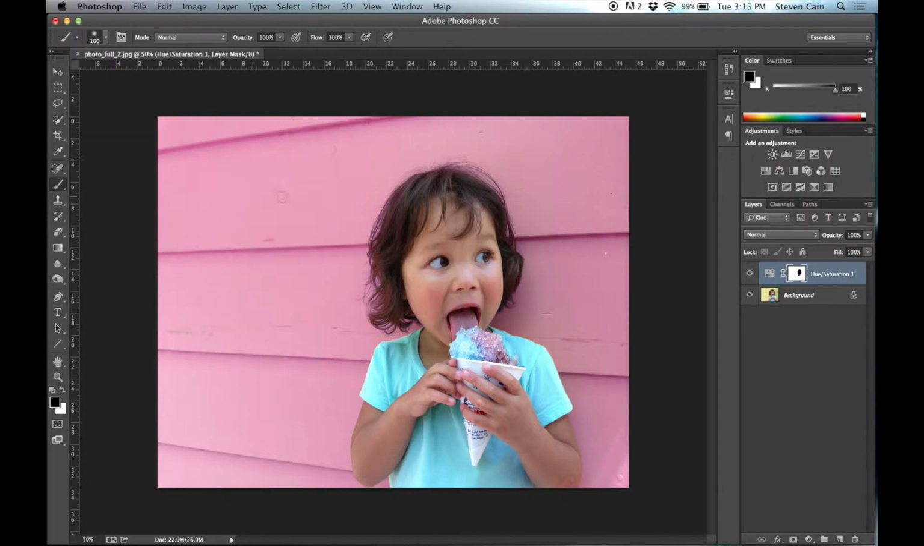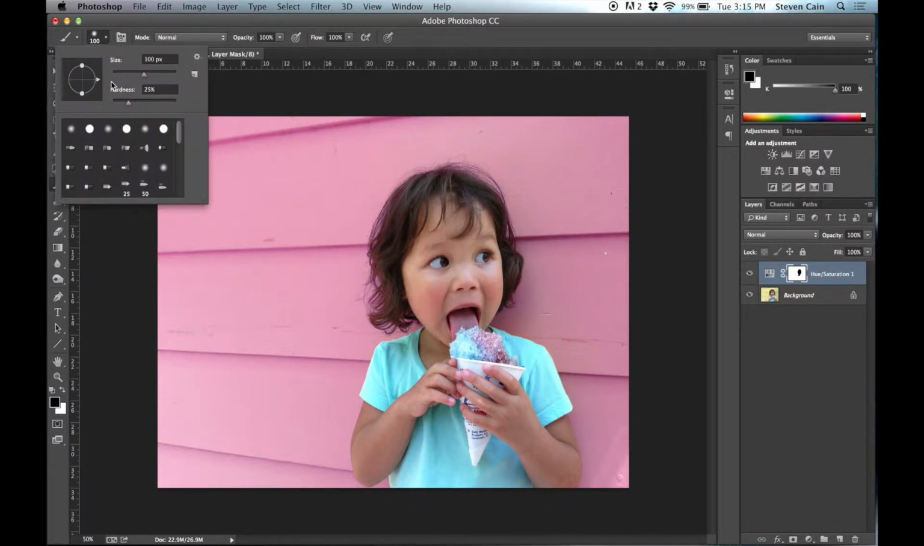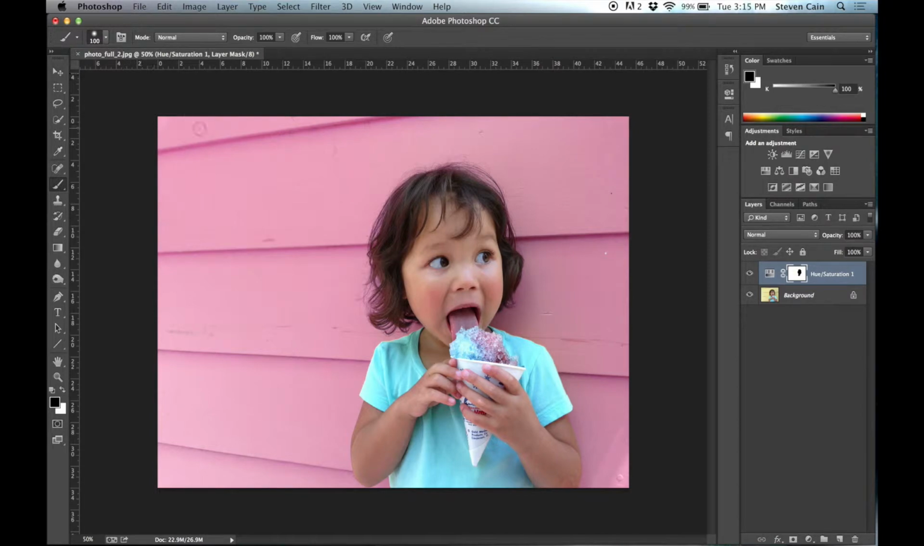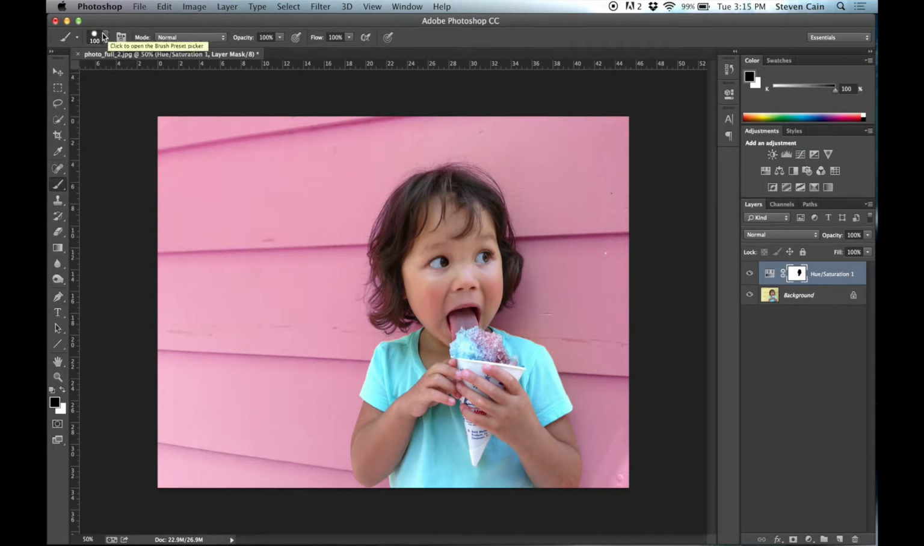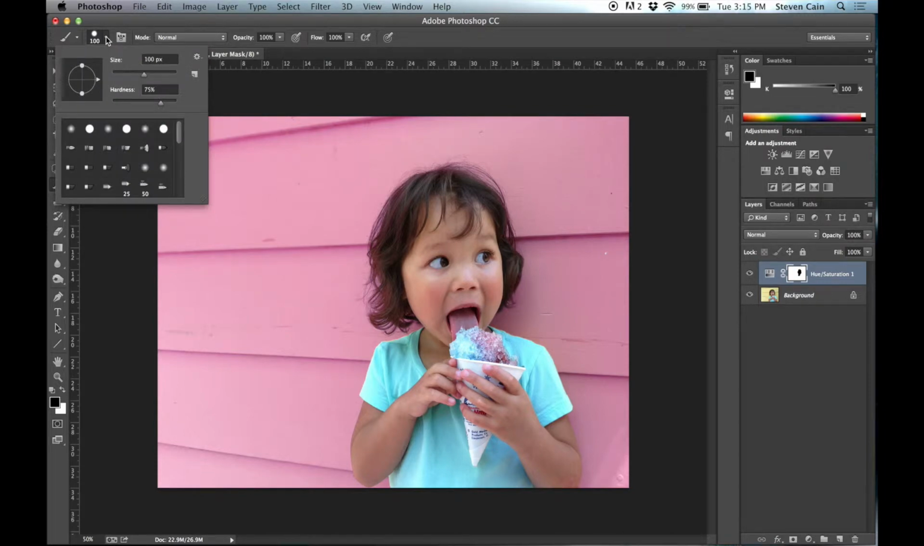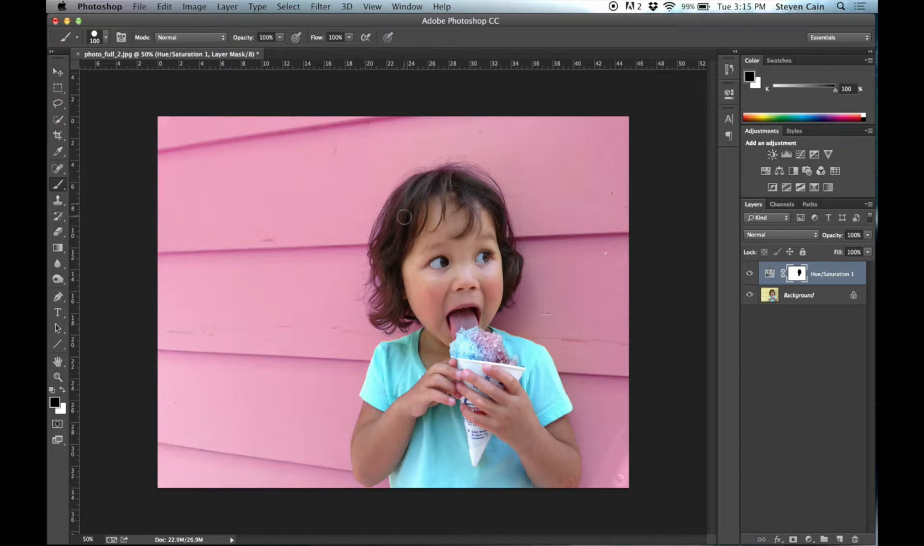So if I go out of it and do Shift right bracket one time, this is now at 25%. If I do it once more, it's now at 50%. Once more, it's now at 75%, and the last time to get to 100. So I'm going to turn the hardness of the brush down to 25%, and then I'm just going to